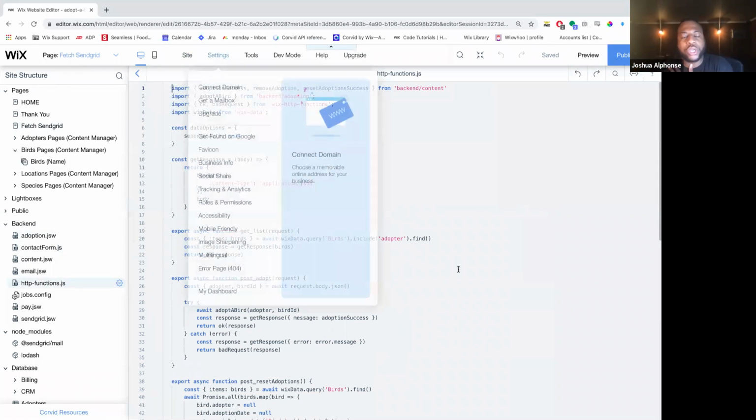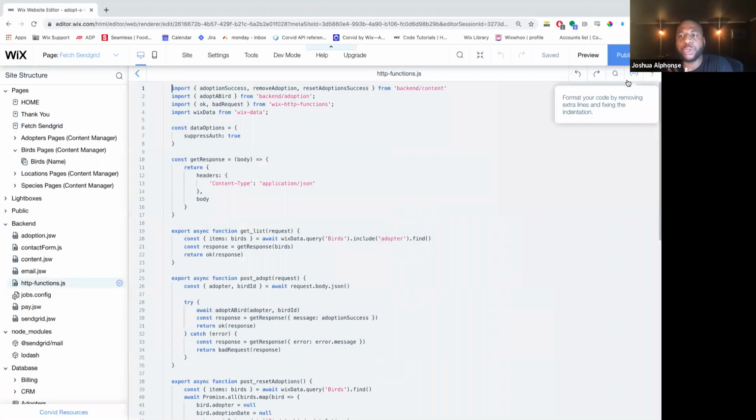And really quickly before we go, I'm going to show you how to expose your site as an API to the rest of the web. So if you want to make your own third-party service for data that you're storing in the data collection, you can always do that with Corvid. You just simply create a file called